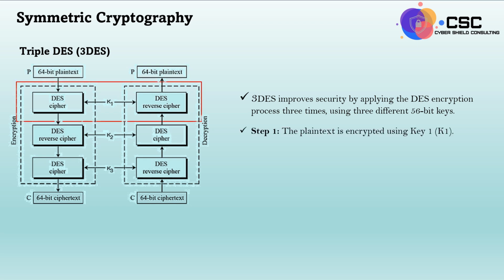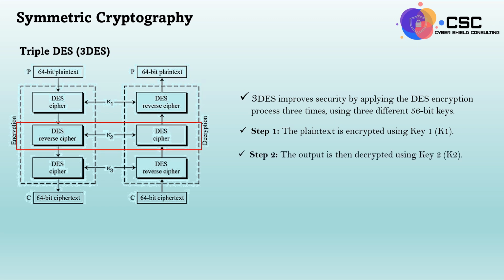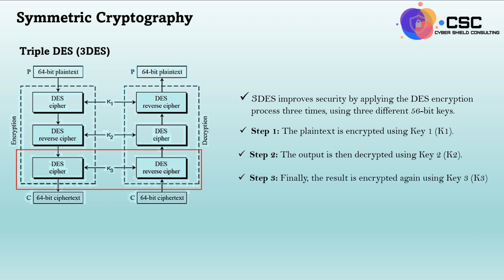Step 1. The plain text is encrypted using key 1, K1. In step 2, the output is then decrypted using key 2. In the final step, the result is encrypted again using a third key, K3. This extra layering of encryption significantly strengthens security, making it much harder for brute force attacks to break compared to